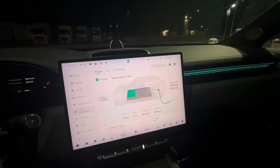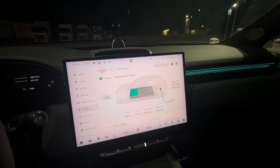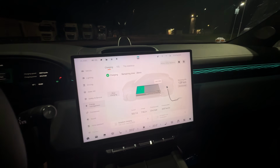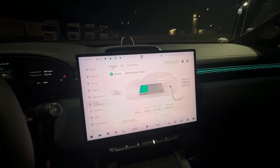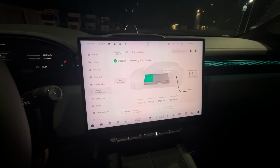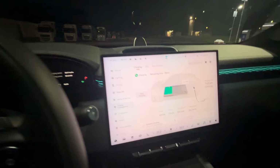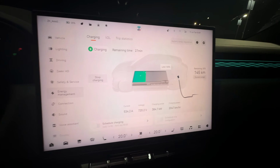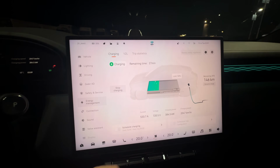This is a representative curve, which I'm very happy about, because it's 3 AM and I want to get this test over with. Still 374 kilowatts. And we are soon 4 minutes into the charging test, and we are at 34% state of charge. You can also see here the dynamic range from last driving, and then you can see the